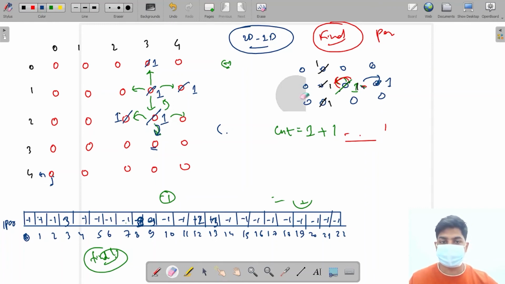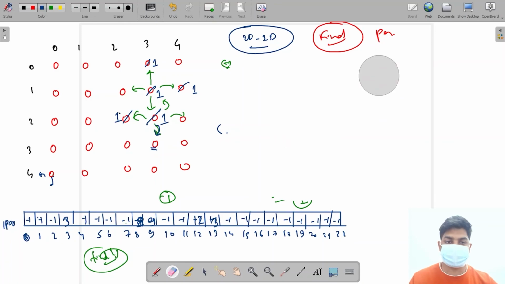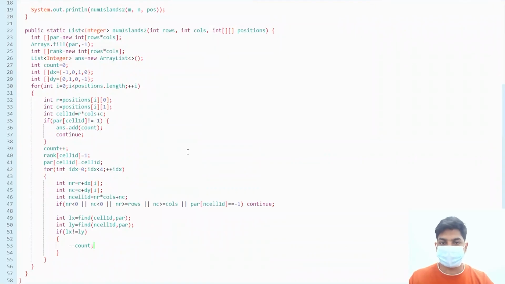Okay, what we will do is that if leader of x is not equal to leader of y, then only will we decrement the count, and we will check if rank of leader of x is greater than rank of leader of y, then what we will do, parent of leader of y will be